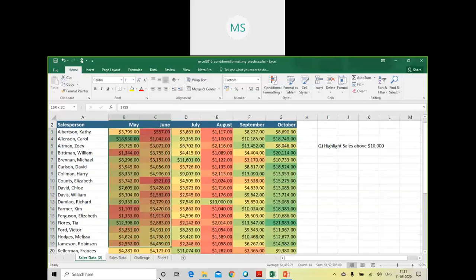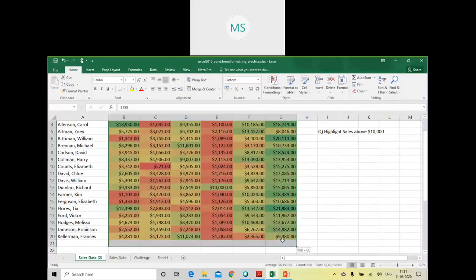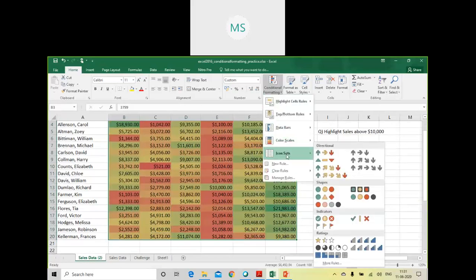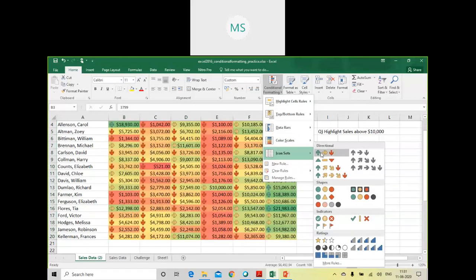Another preset formatting is this icon sets. These icon sets consist of different icons. Okay, like here you have upward, downward, and plain arrow, which is pointing towards the right hand side.